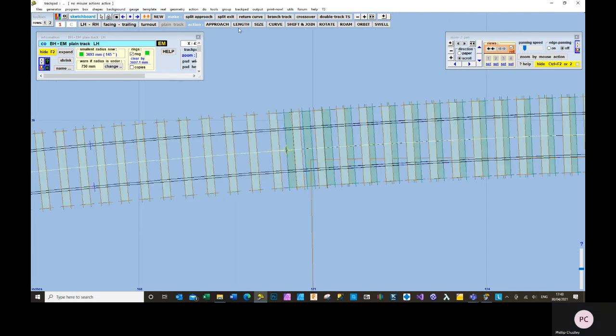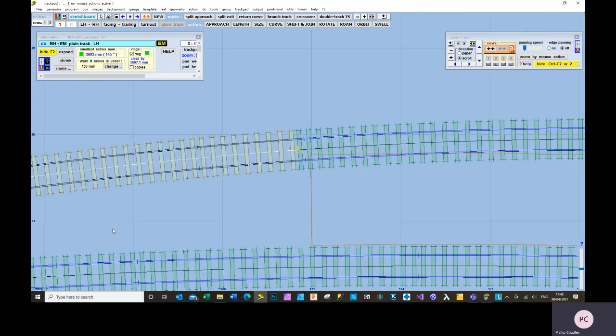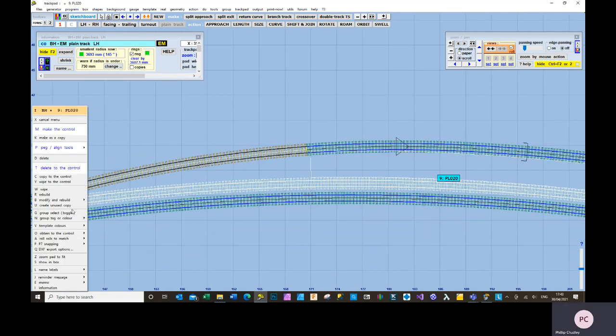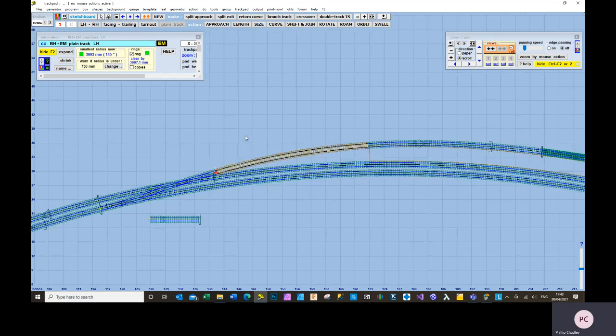Now that one isn't quite good there. The actual sleeper spacing isn't right, but we can adjust that later should we really need to. I'll just leave it right now. Okay, so that's that. And now what we'd like to do is to put in the other turnout here and